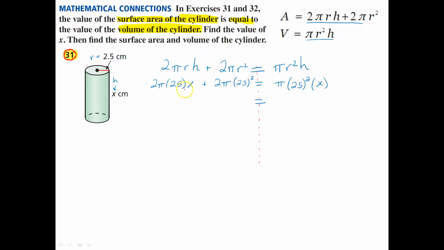And then we can simplify a little bit. 2 times pi times 2.5. 2 times 2.5 is 5, so that gives us 5 pi times x